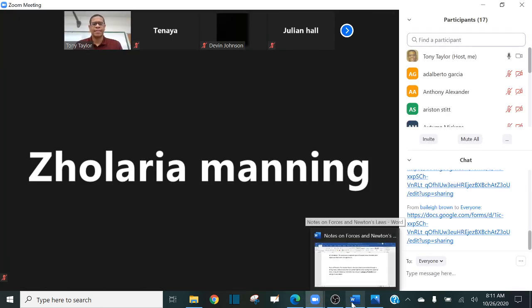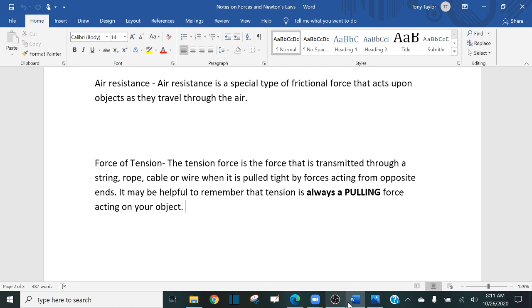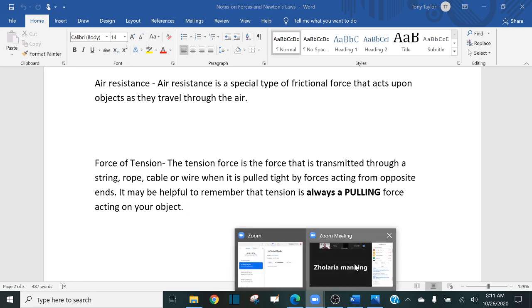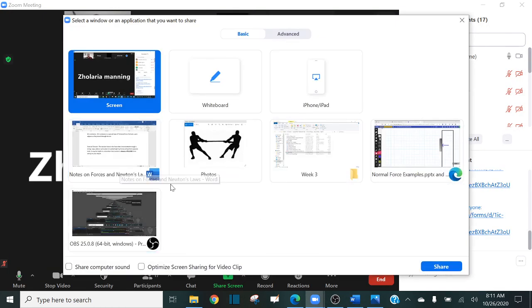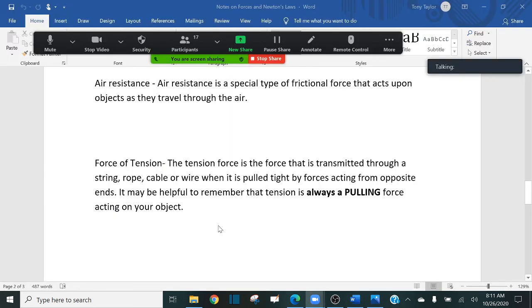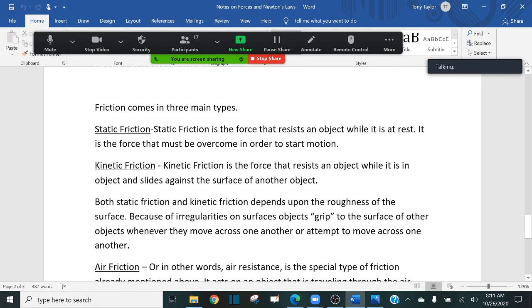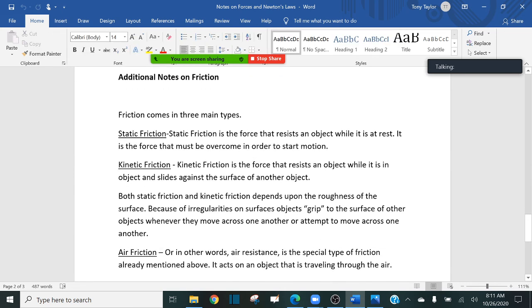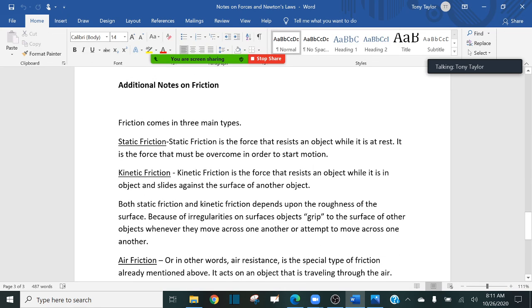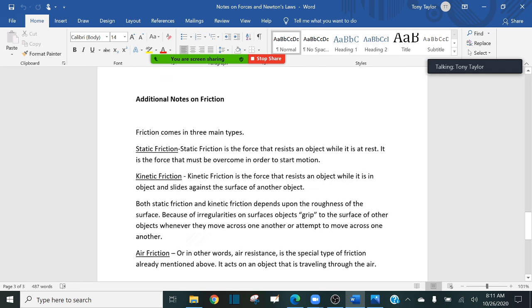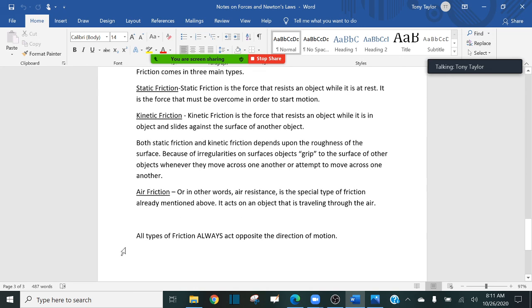Now, the last thing that I want to talk about today before I let you guys go is the various types of friction. So we talked about friction above, and we said that friction always acts opposite the direction of motion. But there are three main types of friction you guys need to be aware of. And all of these types of friction act opposite the direction of motion,